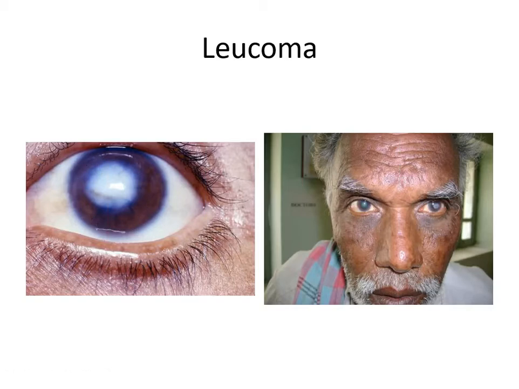Then the examiner will ask, how will you get the donor corneal button? And you should say it is by eye donation. Then he will ask you, who will donate the eye? The main difference between eye donation and other organ donation is, in other organ donation the patient can donate during his lifetime. See, if I want to donate my kidney, I can donate. If I want to donate part of the liver, I can donate it during my lifetime. If I want to donate some part of the skin, I can donate.